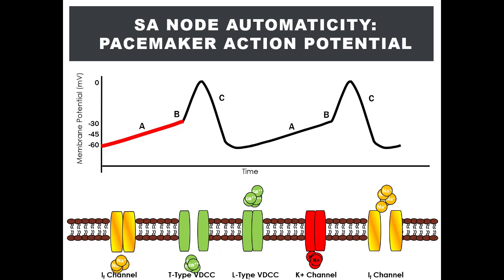These calcium channels open in response to a membrane potential of negative 30 millivolts, and they open for a longer period, allowing much more calcium influx. Now, as you see here, this causes rapid depolarization of the SA node to about 0 millivolts. This is where an action potential is generated, here at 0 millivolts.